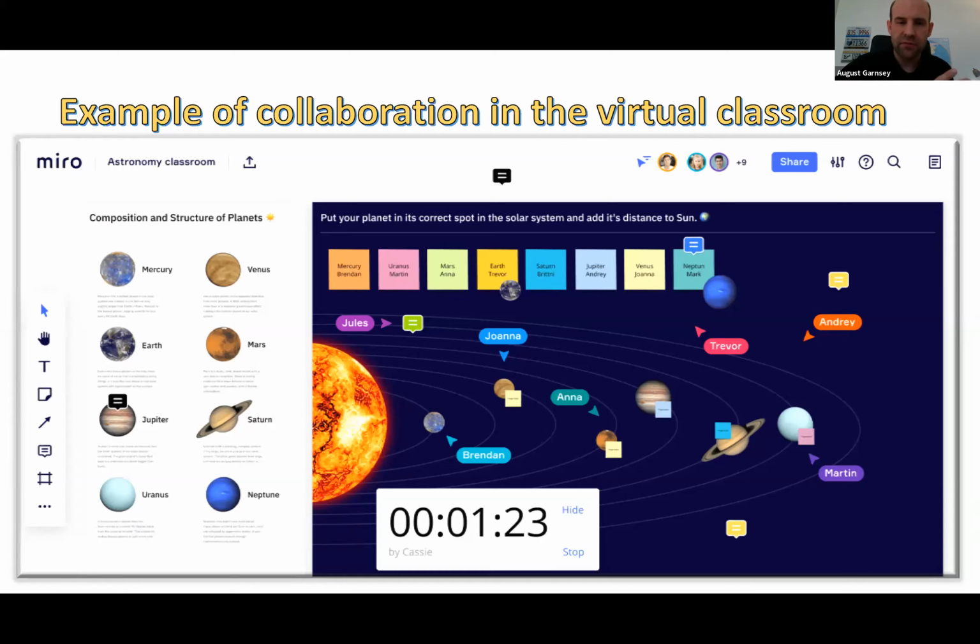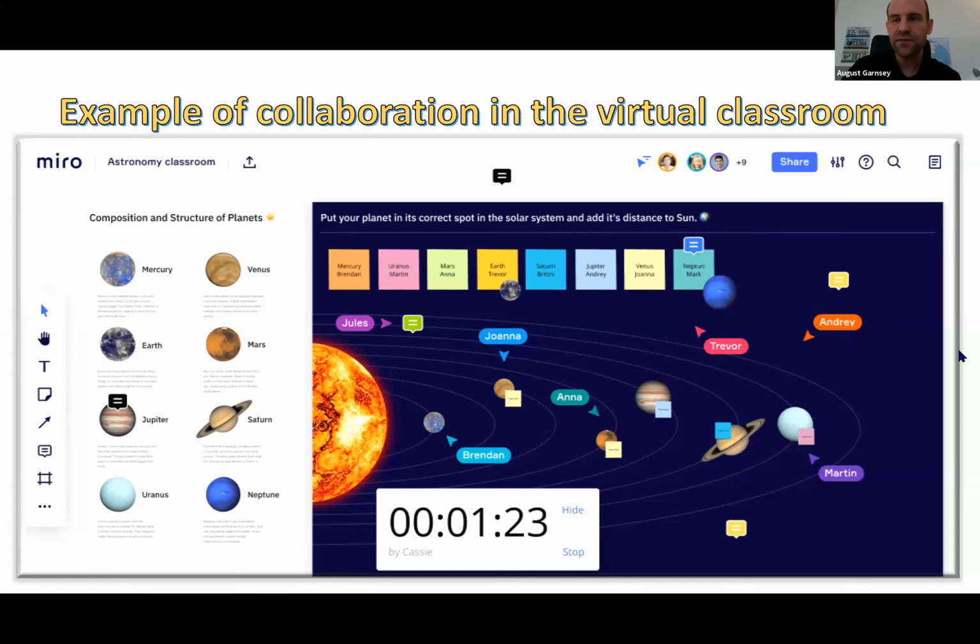You think, okay, that's nice, astronomy. What about English language teaching? What about other young learners? Think about this: maybe for young learners, you have a farm instead of a map of the galaxy, with little images of farm animals. You want your students to move the animals and images to the correct word for revision of vocabulary. Again, I'm not trying to tell you how to do it, just show you these possibilities.